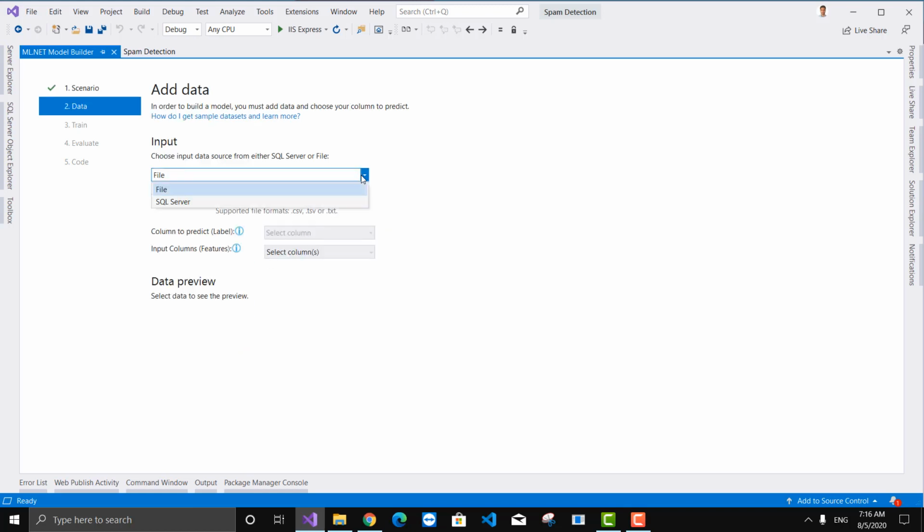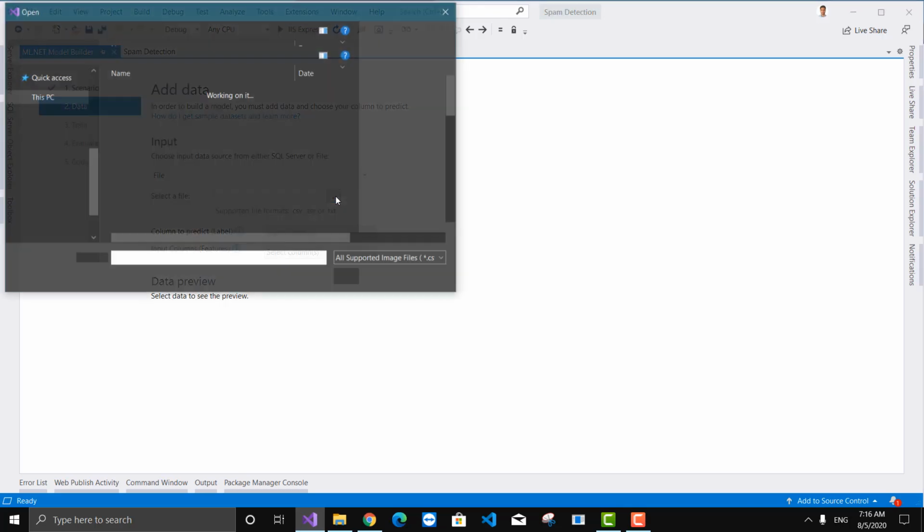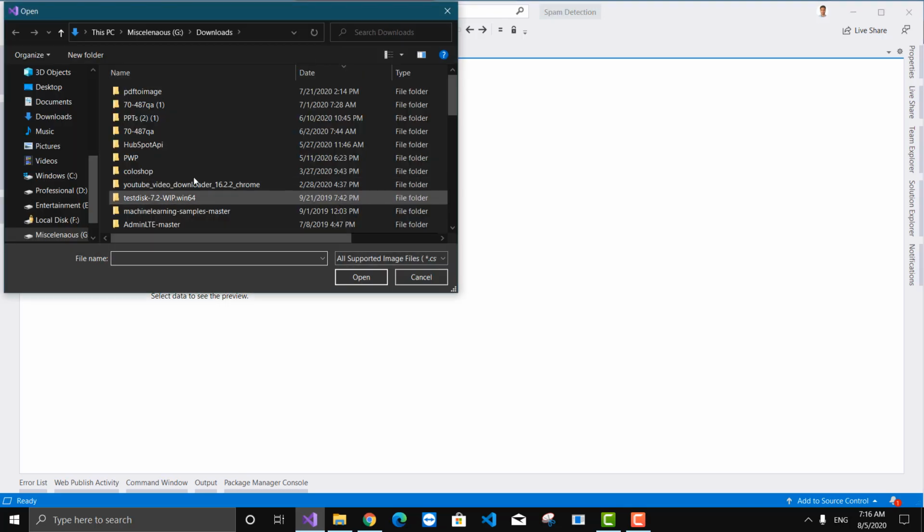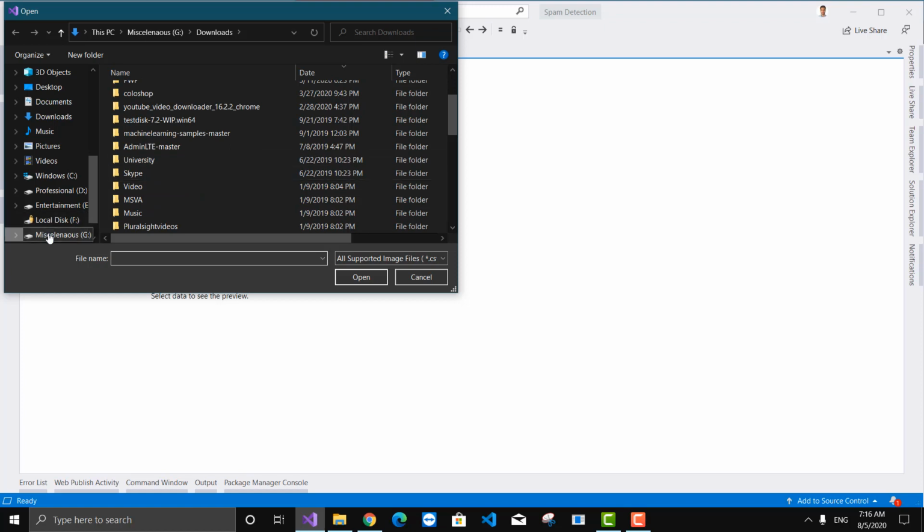I can choose my dataset as a file or from SQL Server. I will select file. Here I will browse to the file that I downloaded from the UCI machine learning repository.